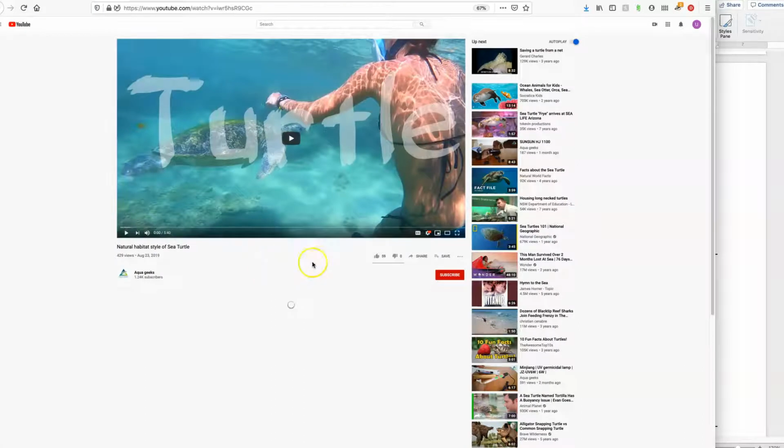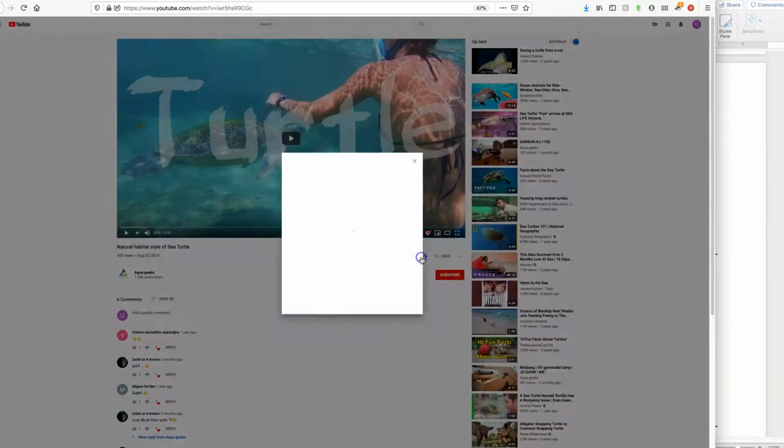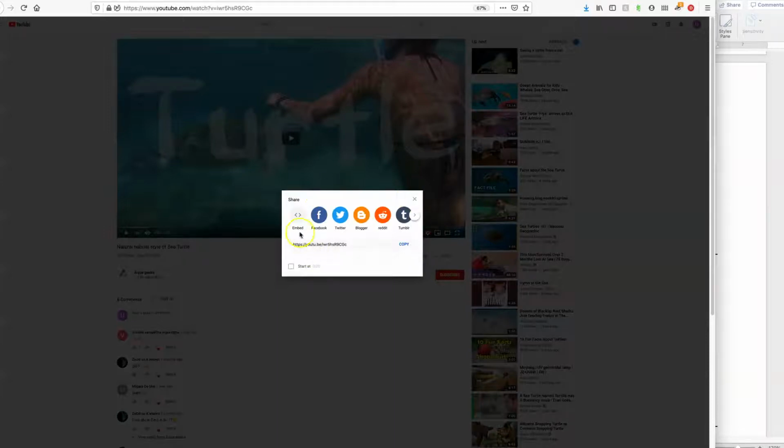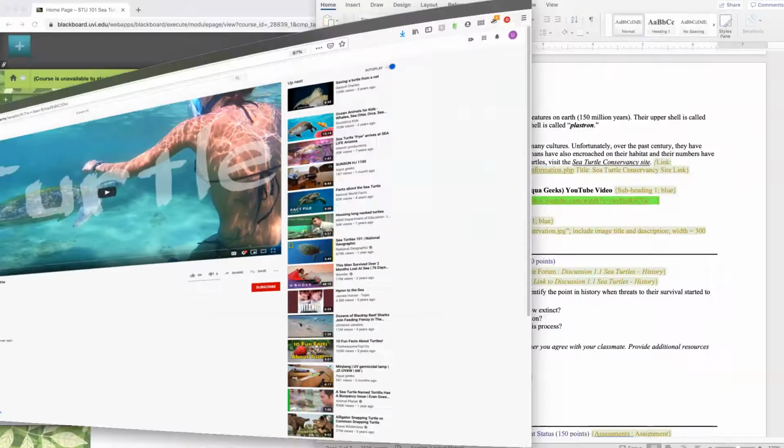So here is the video and here is the share option. When I click on the share option, this little pop-up window shows up and all I'm going to do is copy. Now when I do that, the URL is copied into the memory of the computer. Now I go back to my course,